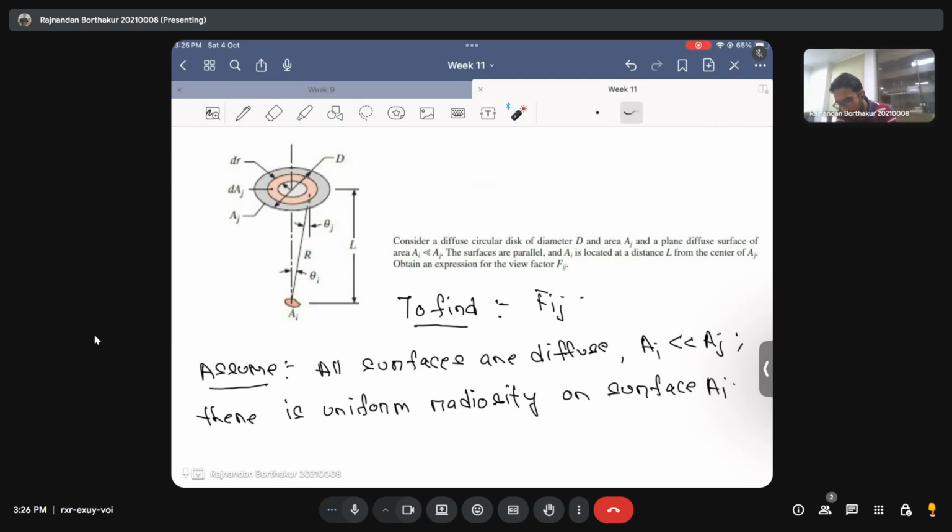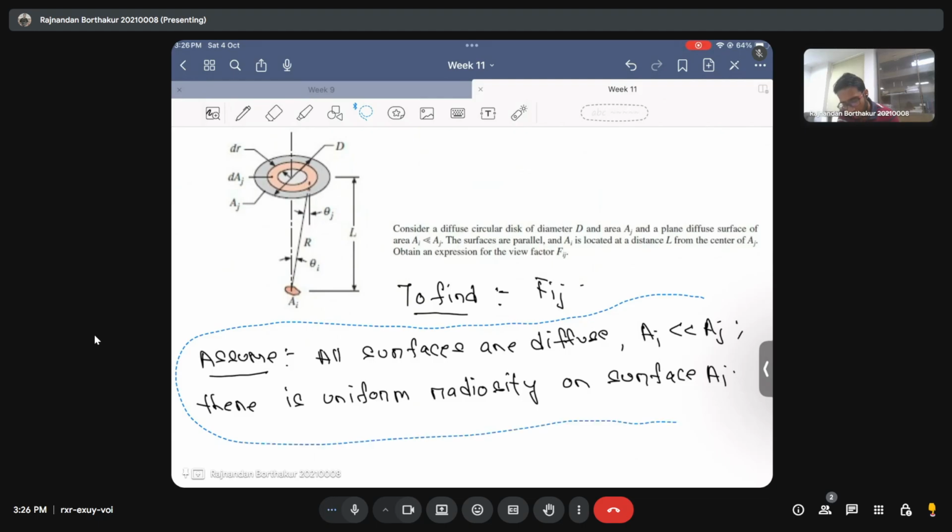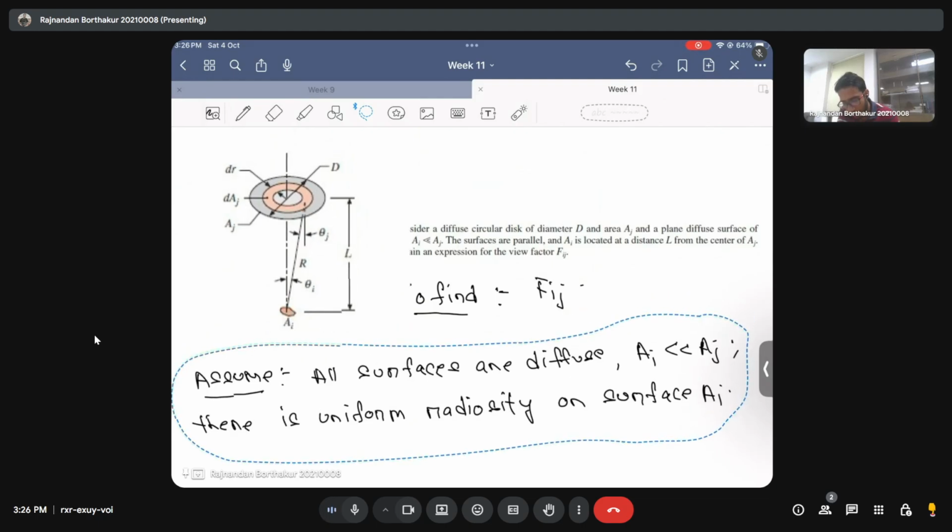Meaning that this surface is located at a distance L from the center of AJ. And then, given all this information, they are asking us to obtain an expression for the view factor Fij. So we just require to find this Fij, and as I said, in order to utilize the expressions of view factors that we just saw, we will have to consider an important